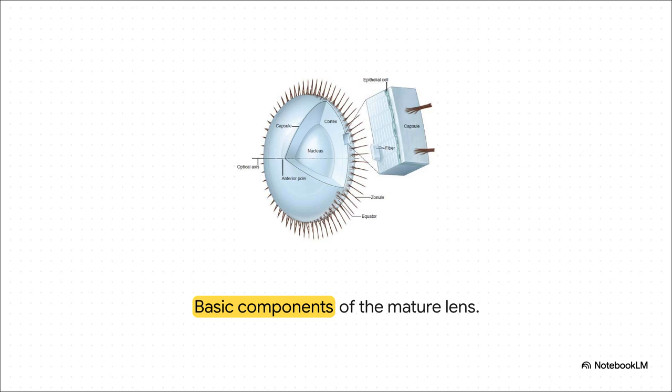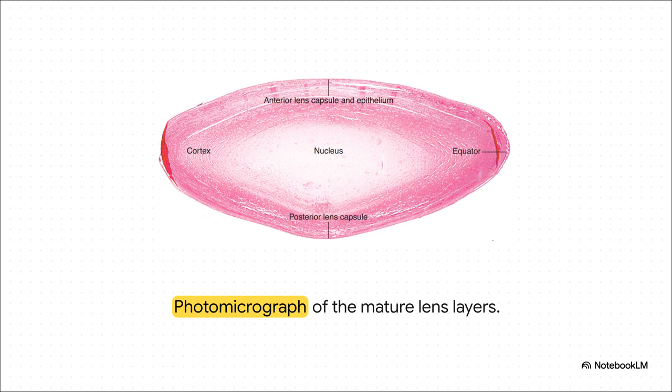Finally, notice the zonules attaching right at the equator. Never forget, these originate from the basal lamina of the non-pigmented epithelium of the pars plana and pars plicata of the ciliary body. Looking at this photomicrograph, you can actually see how those continually dividing epithelial cells create literally a